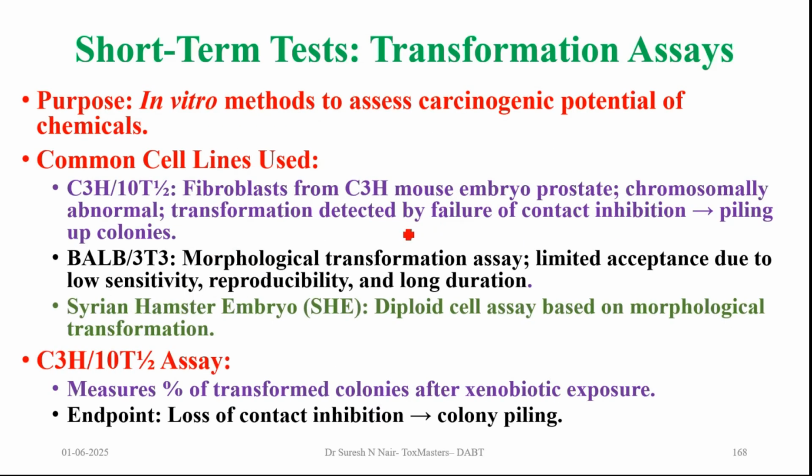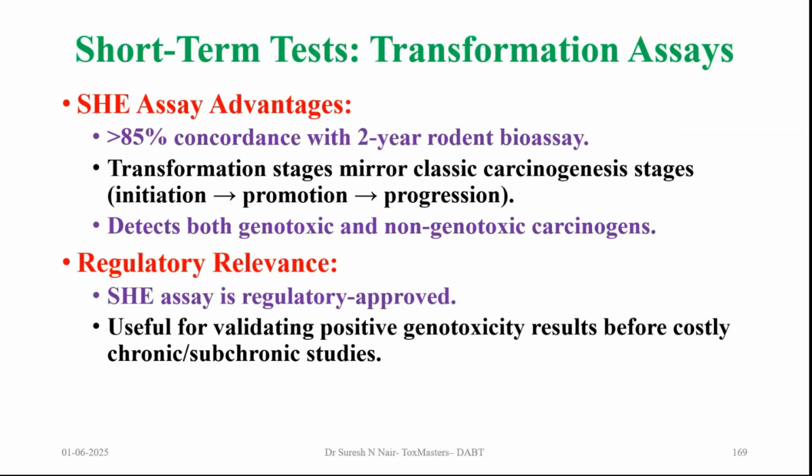So this is called the Syrian hamster embryo, or SHE, analysis. That is the diploid cell assay based on transformations. And the advantage of this SHE assay is that it has almost 85% correlation with the 2-year rodent bioassay, and the transformation stages mirror